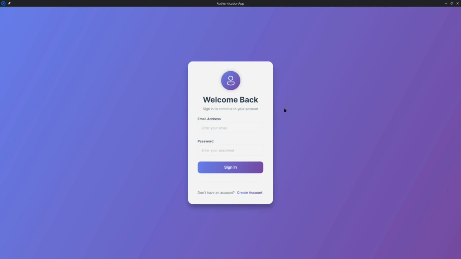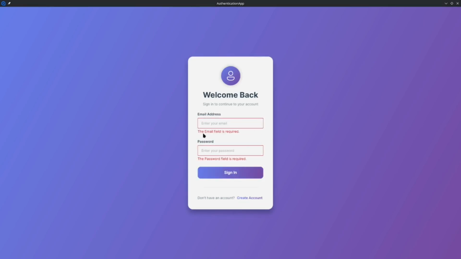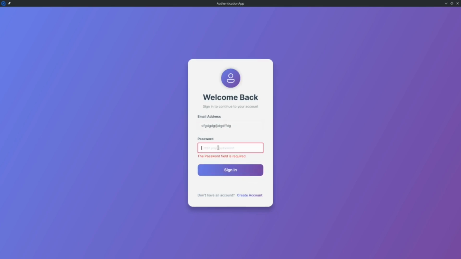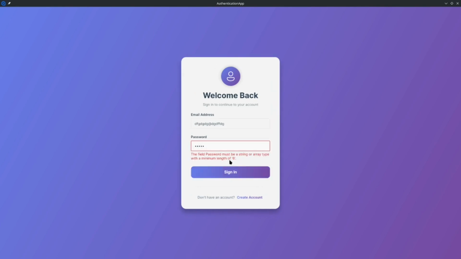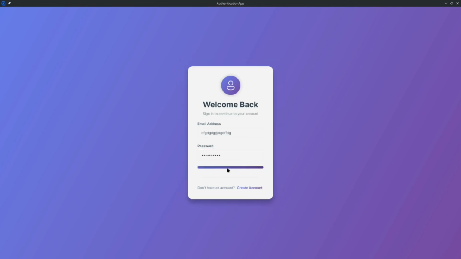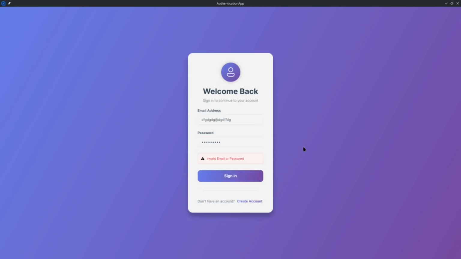This is what we're going to build. If we press on sign up, you can see the validation. If you try and do this, same, we get it's not valid email. Okay, we do this, you can see it must be at least 6 characters. Let's try one. There is no account with this. Okay, you can see there is an invalid email or password, but if we change it,